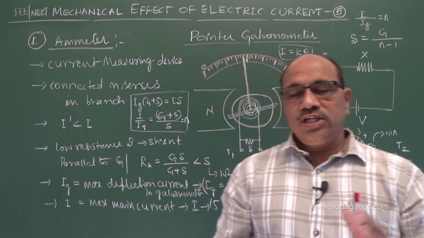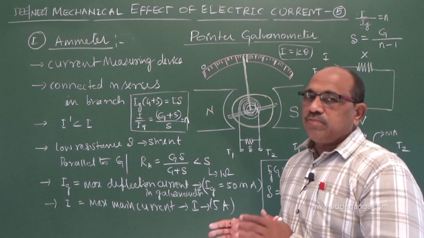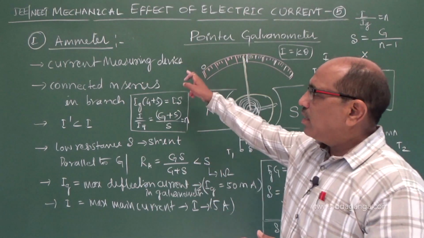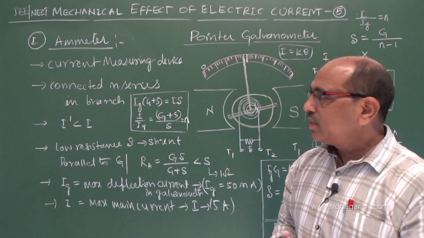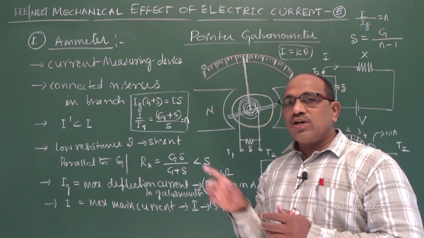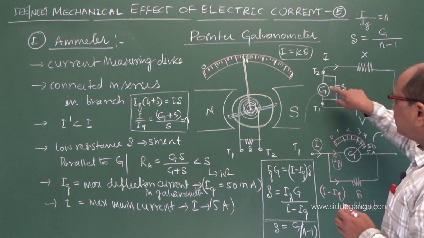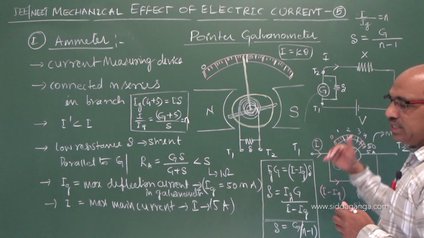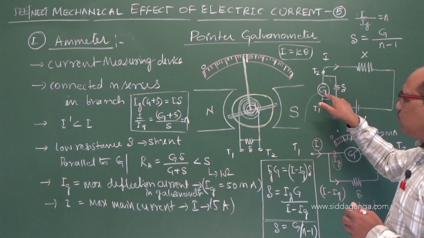This is how the question may come for you: how do you convert a galvanometer into a current measuring device, an ammeter. An ammeter is used to measure current, and it should be connected in series in any branch of a circuit to measure the current in that branch. But this galvanometer has a finite resistance. Because of this finite resistance, once we introduce the galvanometer, the total current in the circuit decreases. Our aim is not to decrease the current, but to measure it. This decrease can be minimized; the only way is that G should be minimized.